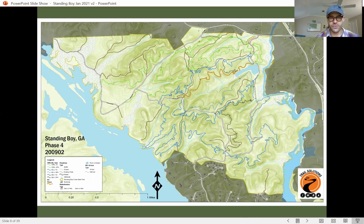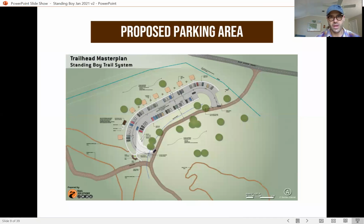Again, cleared, funded, part of the original master plan. We're good there. The proposed parking area, which is an addition to the original master plan, and we have approval from state parks, just not environmental approval. It will look about like this. Through the help of Jack Houston and Houston Homes, we have engineered drawings and plans, and we're all good except